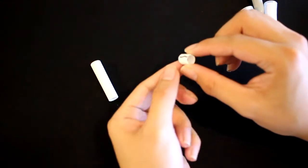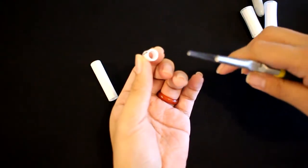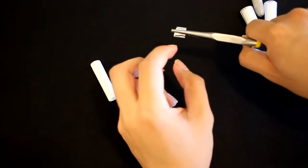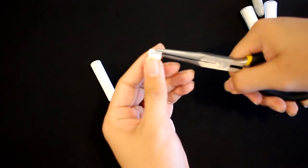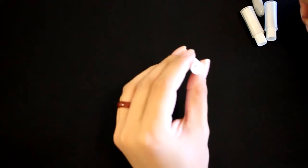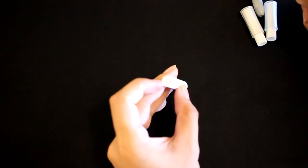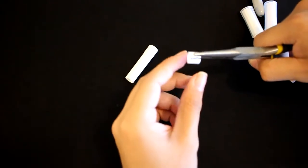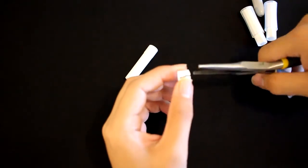Then what you're going to do, I'm trying not to get ink on my fingers here, is take your pliers and try to pull out the piece you're trying to cut out. You're going to twist with your pliers and then yank it out. You want to make sure it comes out in one piece, because I don't know if you can see in this cap, but this cap didn't hollow out so well. There are a couple of pieces that I didn't pull out so well, which I'll get to how to clean up in a little bit. But you basically want to pull out as big of a piece as possible